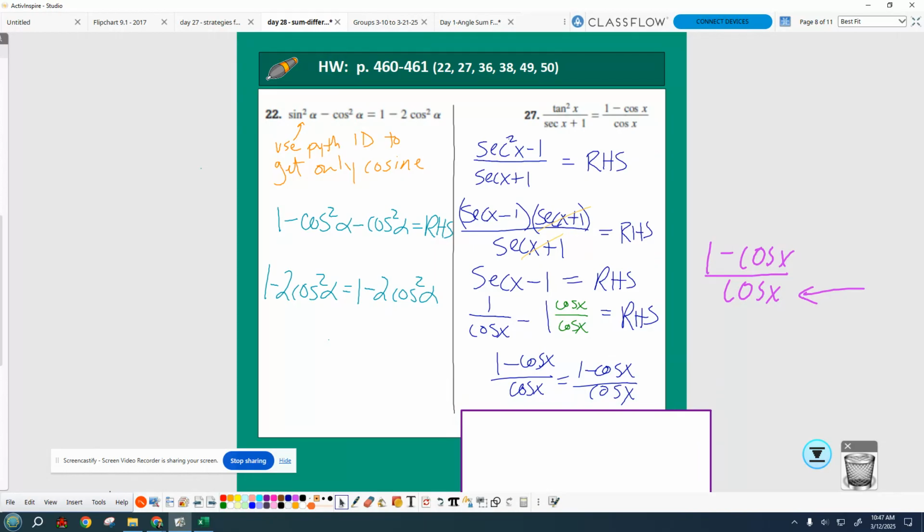Yes. I like switch tables. Okay, yep. So